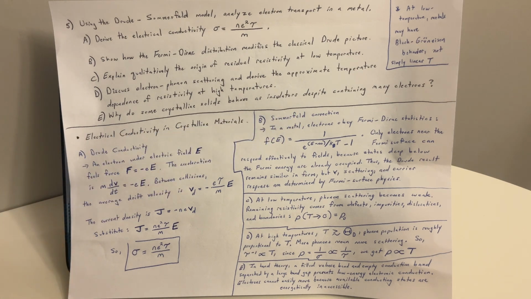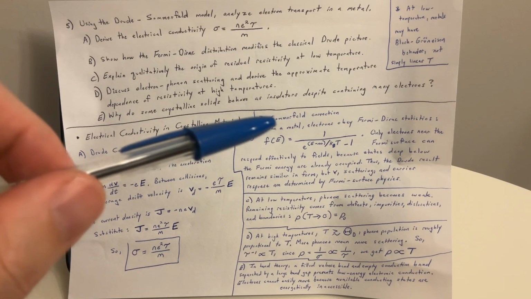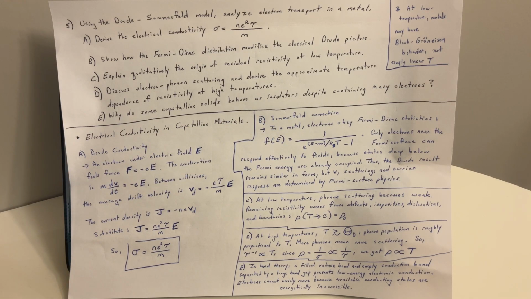Part B, show how the Fermi-Dirac distribution modifies the classical picture. The Sommerfeld correction. In a metal, electrons obey Fermi-Dirac statistics: f(E) equals 1 over e to the quantity (E minus μ) over k sub B T, plus 1. Only electrons near the Fermi surface can respond effectively to fields because states deep below the Fermi energy are already occupied. Thus, the true result remains similar in form, but